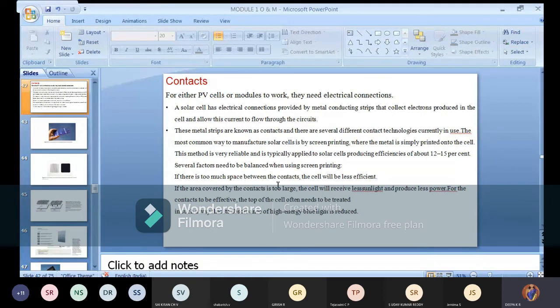It is like the solar panels you are using for a water heater. Anything, like dust, if it covers the surface, because it is exposed to the environment and not kept indoors, is it? So if it is exposed, and let us assume some dry leaves or dust are placed on the panel, what happens? The efficiency of that cell is going to reduce, and definitely it affects the final output, in such a way that the absorption of high energy blue light is reduced.